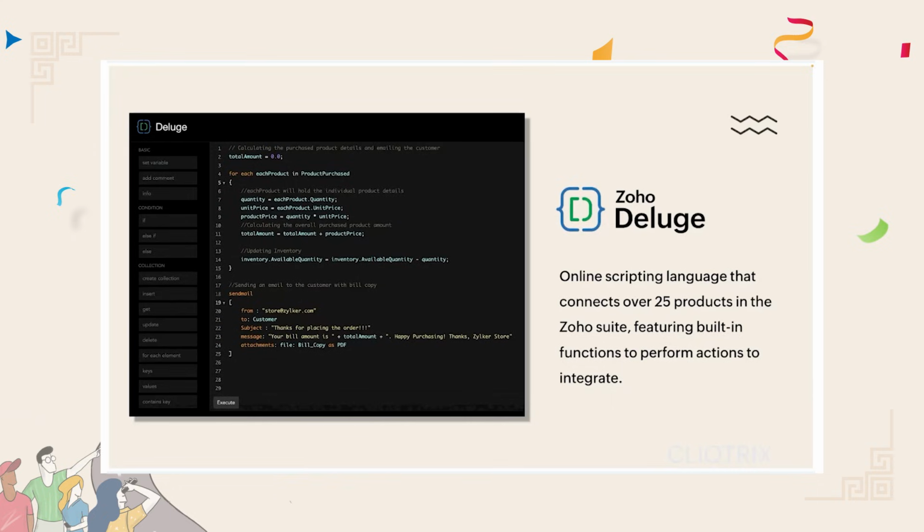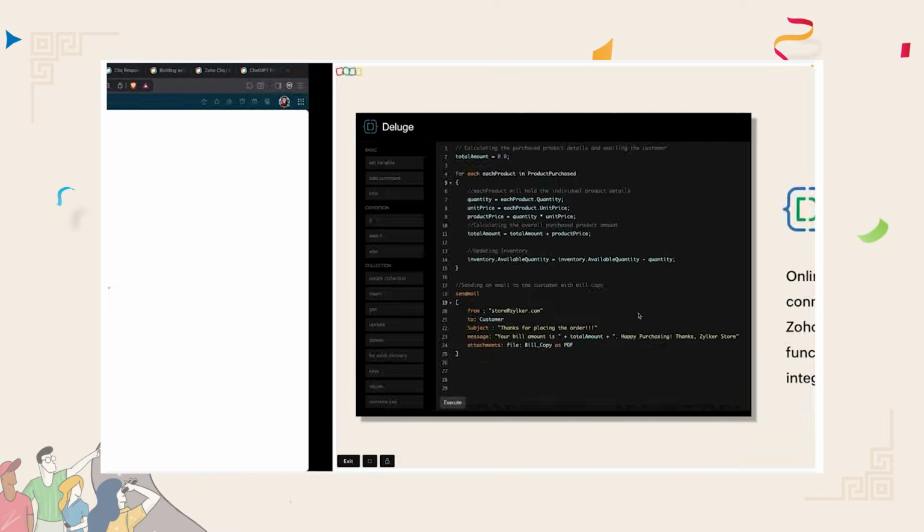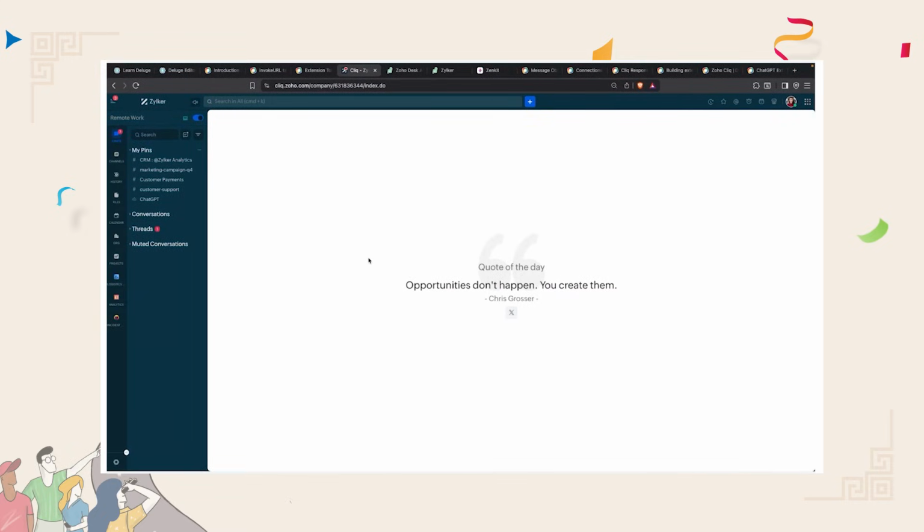It helps you to handle data with inbuilt functions for strings, numbers, lists, and collections. And you can connect Zoho apps or third-party services very easily. In short, Deluge is the backbone that turns your idea into a working feature. So you can practice hands-on using the interactive editor by navigating to